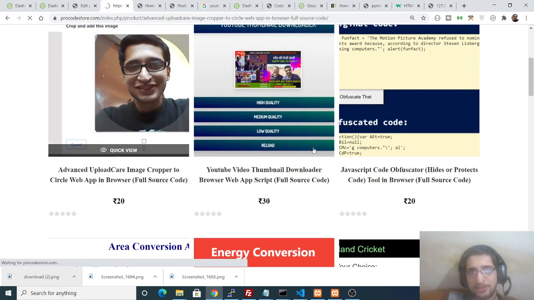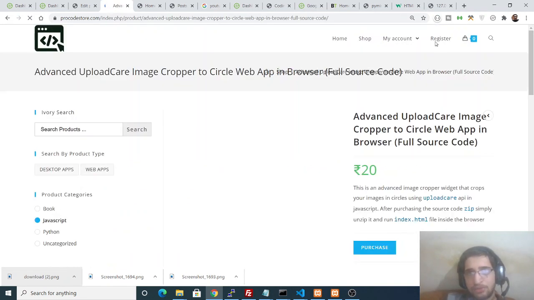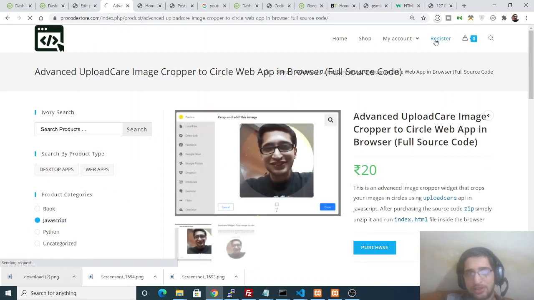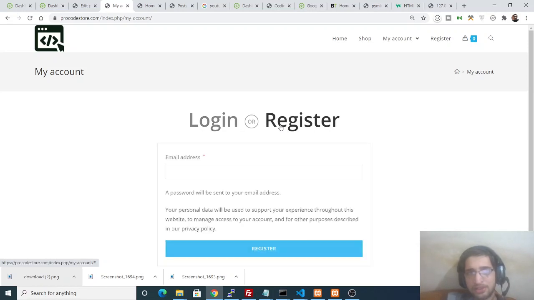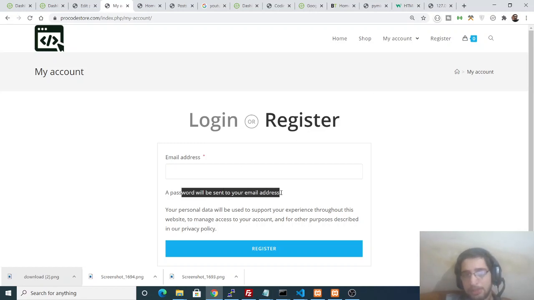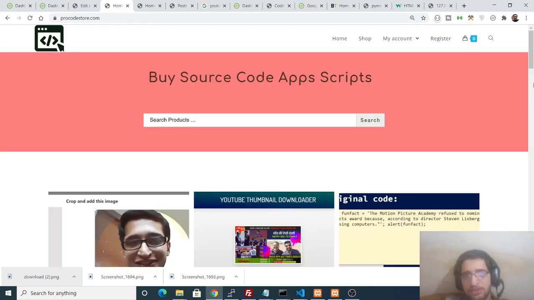Simply click this, and before that you need to register. Click on register and provide your email address, and then click on register. The password will be sent to your email address, and then you can add this product to your cart and purchase it.